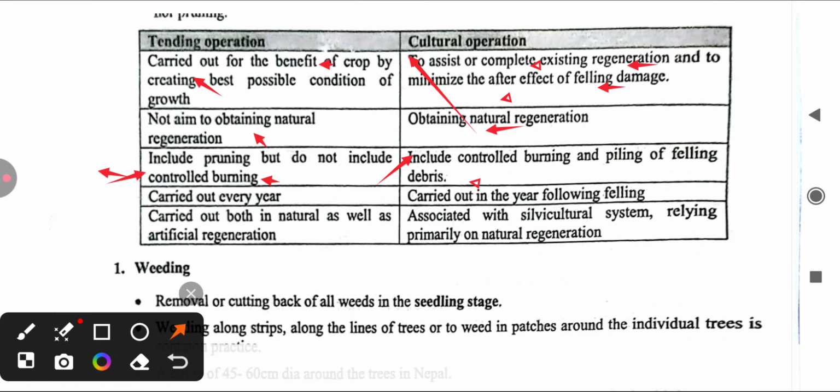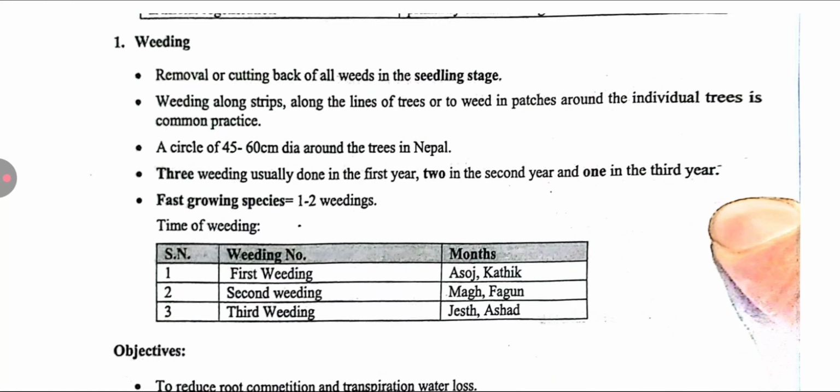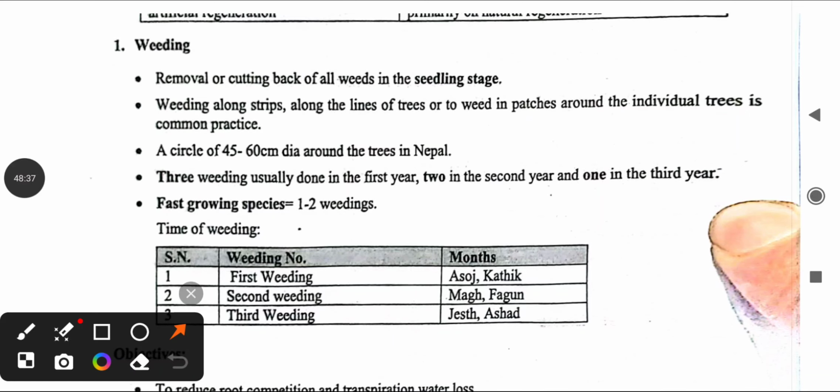And weeding. Now comes the topic of weeding: removal or cutting back of all weeds in the seedling stage, and weeding along strips along the line of trees or to